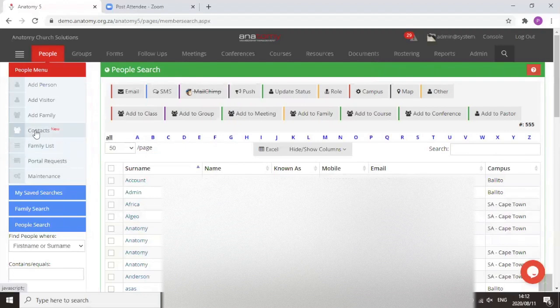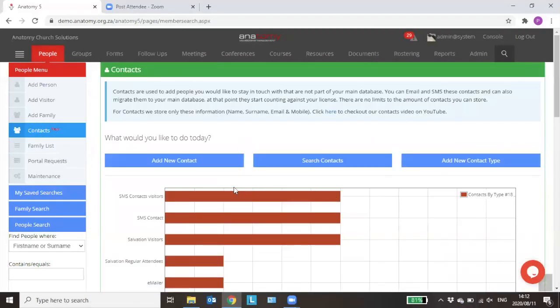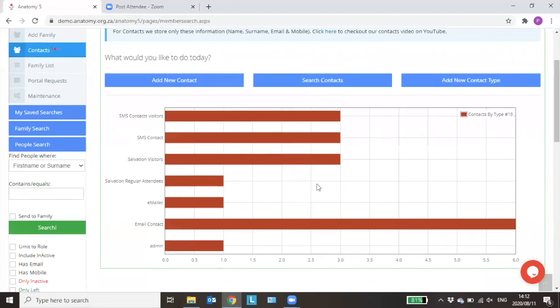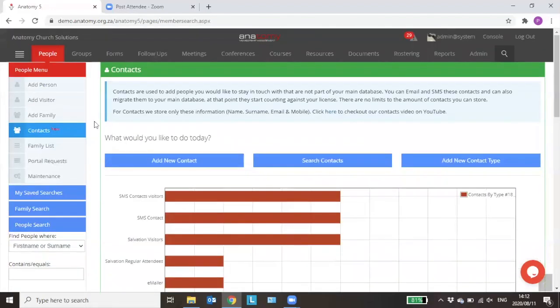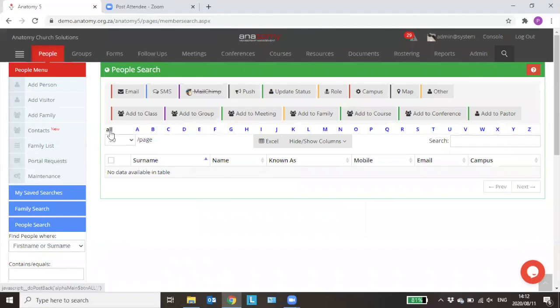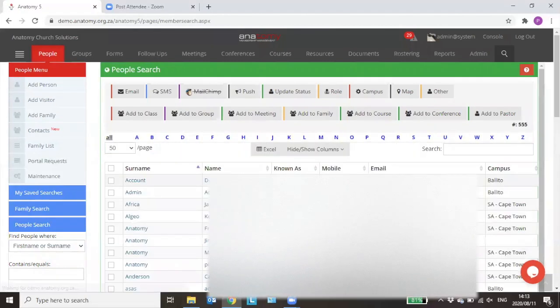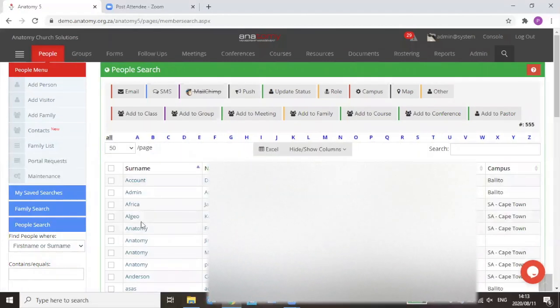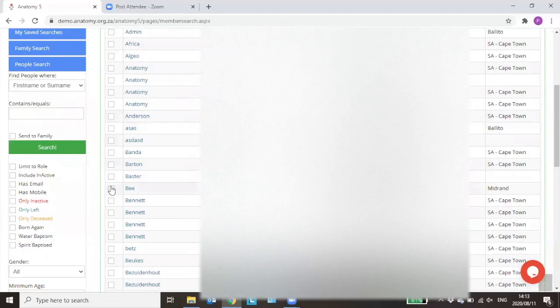The other way is, as you can see, we've got this tab here for contacts. You can add people here on contacts, and then on their profile, you can mark it as inactive if that option works for you as a church. You just come to their profile and mark them inactive. Or for those who've left the church, you can select them and say, okay, I know this couple and these people have actually left the church,